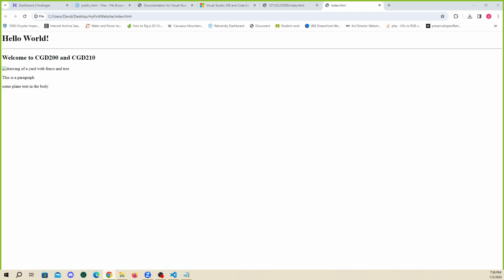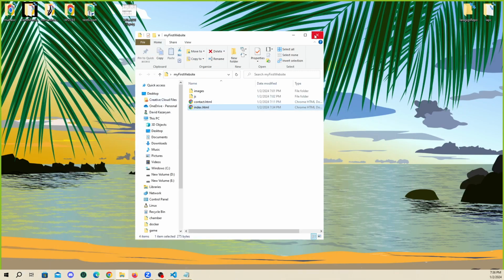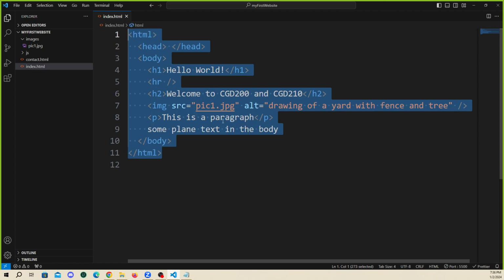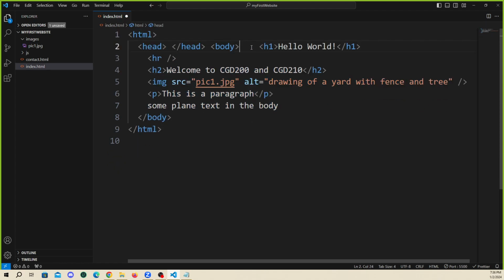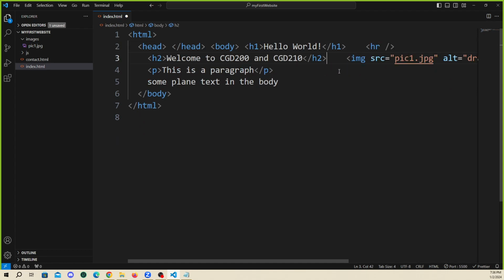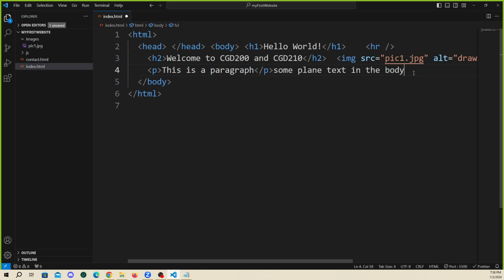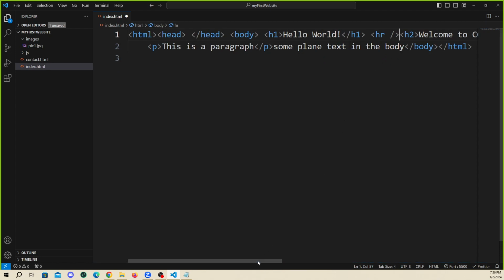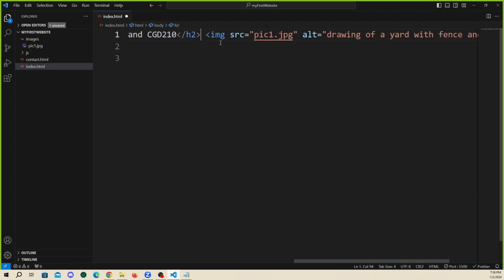Okay, next thing we need to do is install a bunch of plugins to VS Code because it can be very useful. I don't know if by default it has a formatter or not. It used to not. What I mean is, let's say you just mess it up a little bit. Remember the spaces don't matter. So this will work exactly the same as it did before. It's just much harder to read,